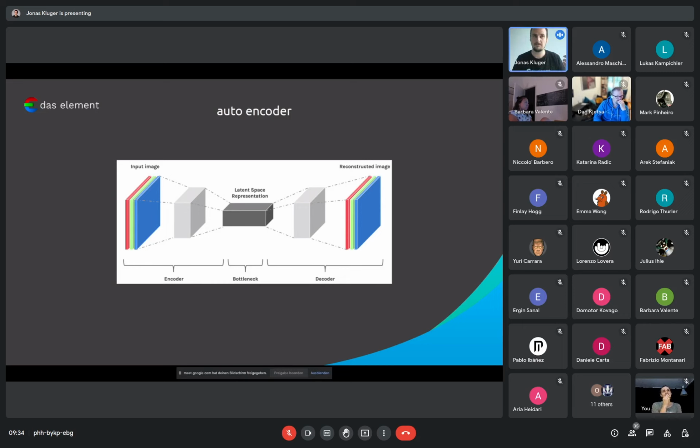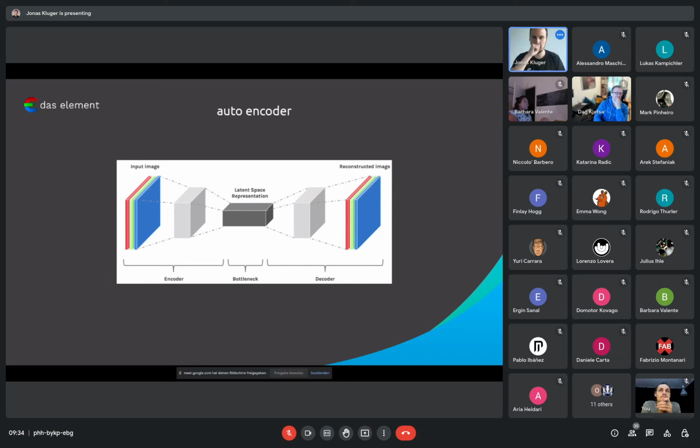If you think about translating from one language into another, it's basically the same. You take the input language, break the sentence down into its semantic meaning, and then you can decode it into any language you like. The same works for images. So we are interested in this latent space bottleneck layer.